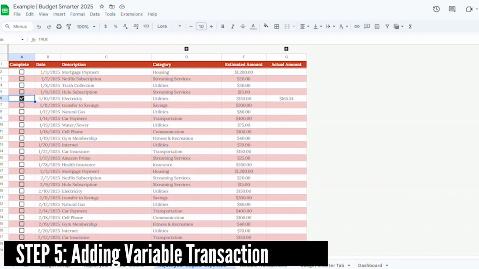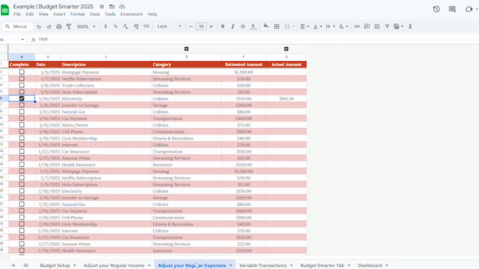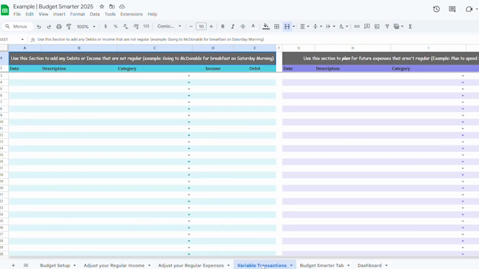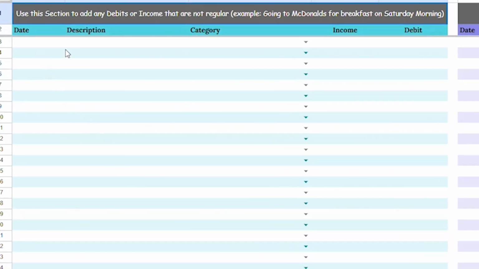Step 5. Adding variable expenses and income and planning for non-fixed expenses down the road. Now let's talk about adding variable expenses or income. Head over to the Variable Transactions tab. First, let's add some variable income. For example, let's say you received a $500 year-end bonus on January 6th, 2025. Start by entering the date in the Date column, adding year-end bonus in the description, and typing $500 in the